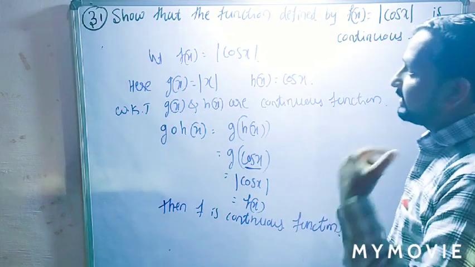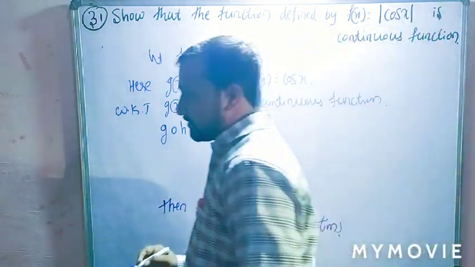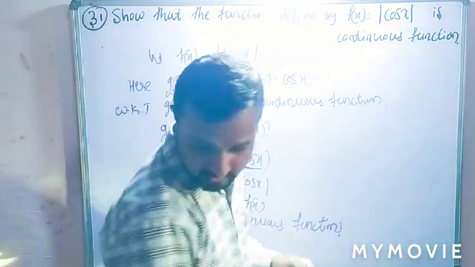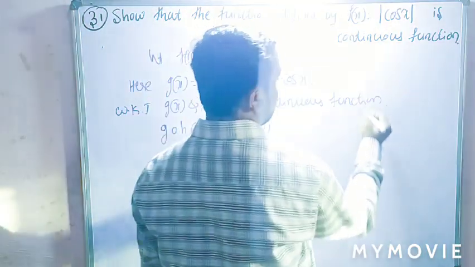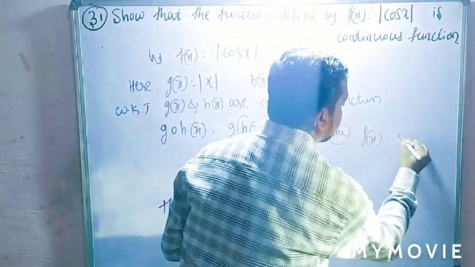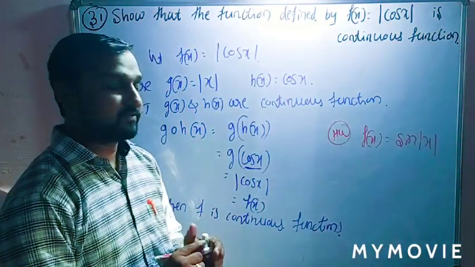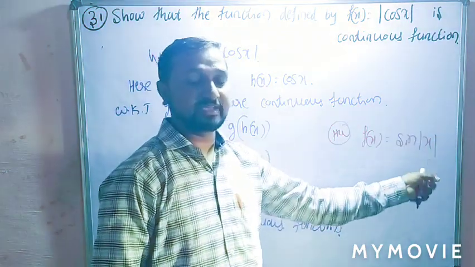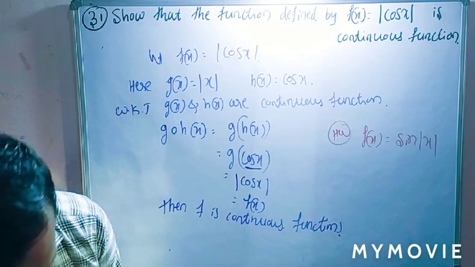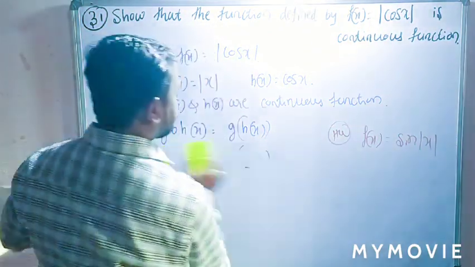Okay. Already, and again your example is there. So examine the sine of mod x. That is also an example. Your work. Your work is f of x equal to sine of mod x. Try yourself. Very easy example. Is that clear? First we can take sine x, and instead of x, mod x is there. Then g of x, h of x. Okay. Write down this example. And the next example is